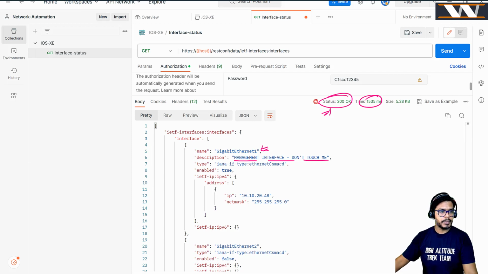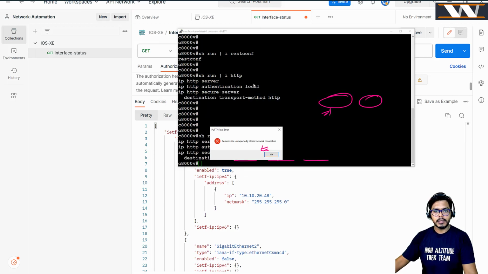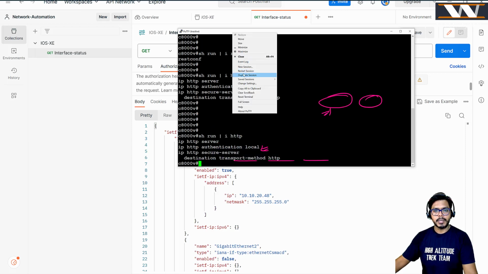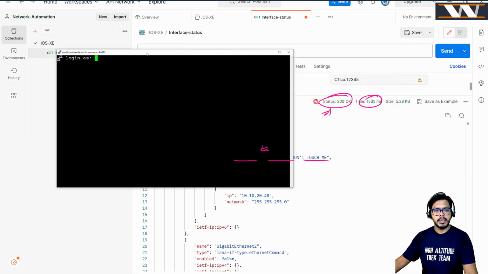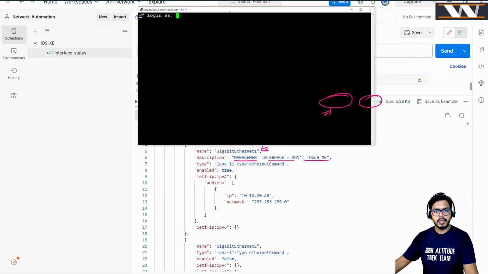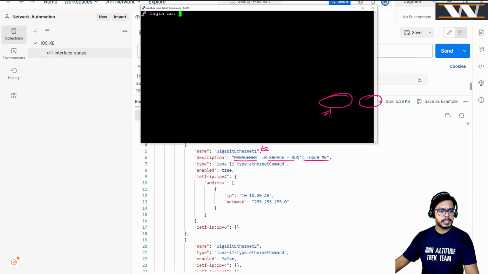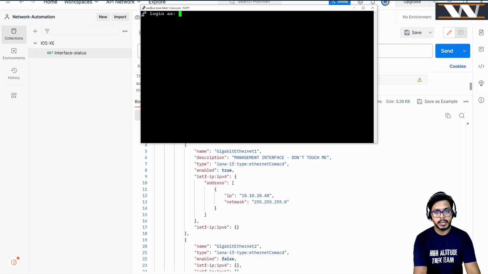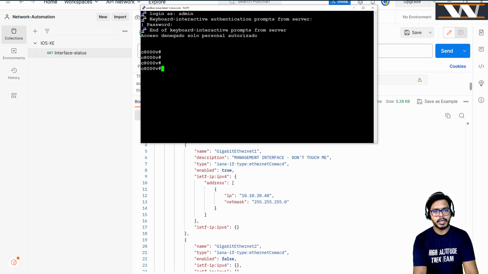I will showcase you. If I open this PuTTY and, sorry for this, this is gone. I need to duplicate this session or maybe restart the session. And here you go. What I would like to showcase this time is that this is actually this router. So I'm doing admin. The password is C1SC012345. And if I do this, sure enough, and if I do show run